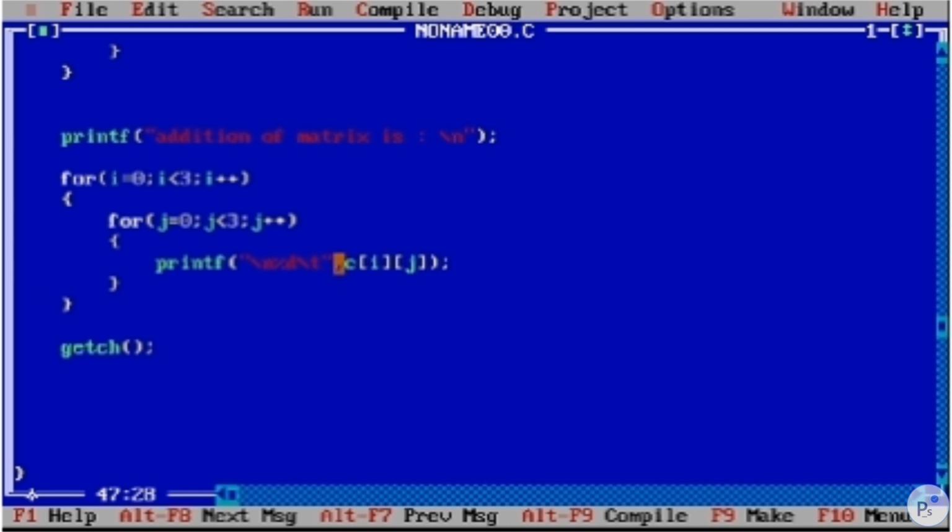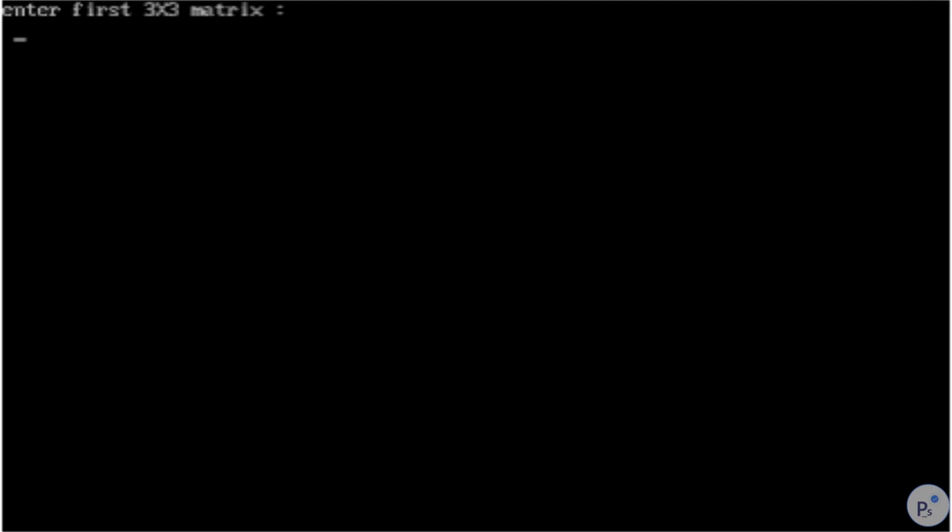Let me add a backslash n backslash t for the tab space, and let me add a new line here. Now execute it. So our result will look more decent.